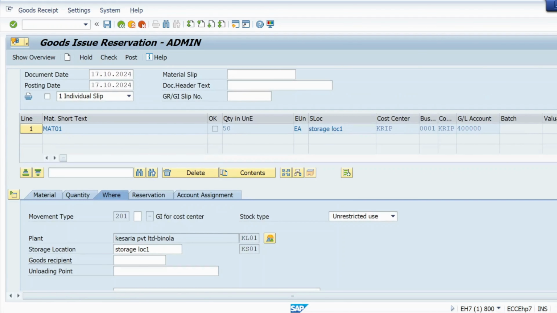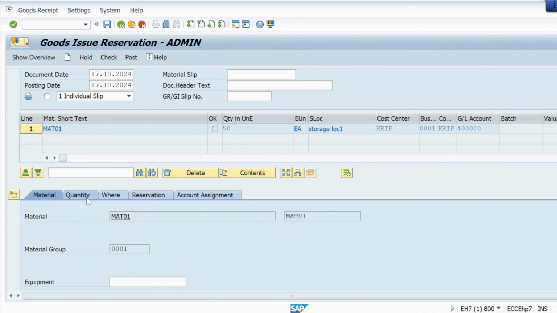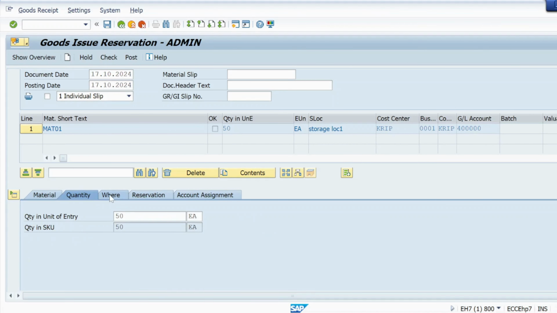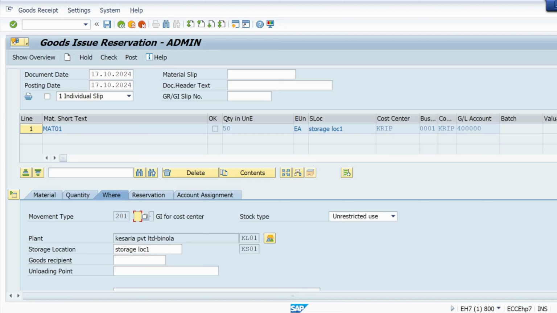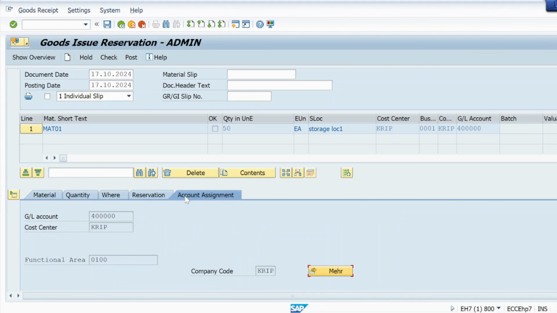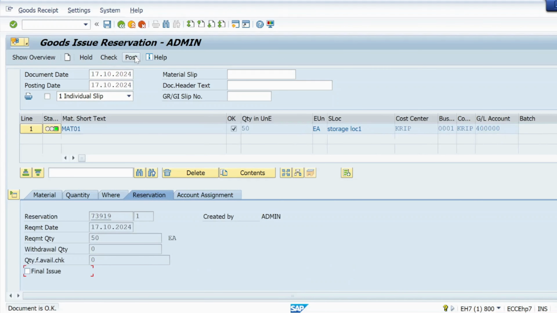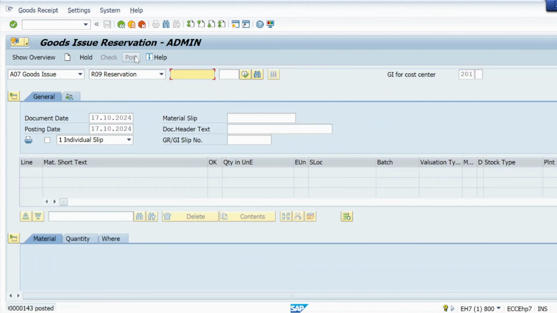Here everything is okay. You can also change the quantity here. If they asked for 50 but you want to issue only 30 or 20, you can change it from here. So for everything here, reservation and account assignment, you just need to check and post, and it's done. Now if you check in MB24, the list of reservations,